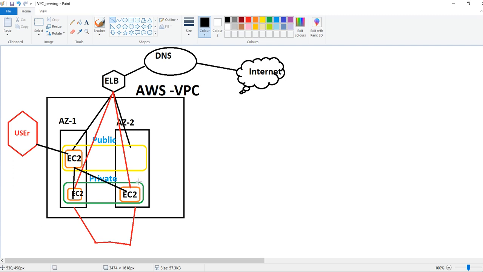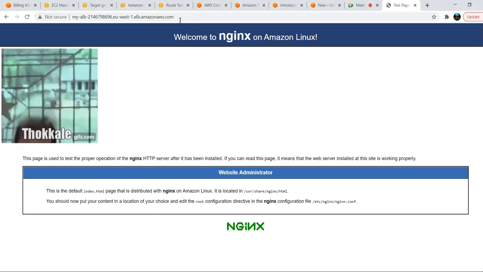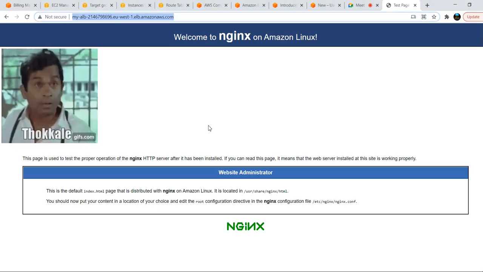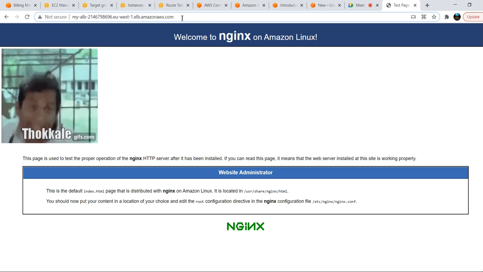To test your application, we have used the load balancer. Whenever we access the load balancer endpoint, we get the application which is installed on our EC2 machines. But who will remember this entire name?